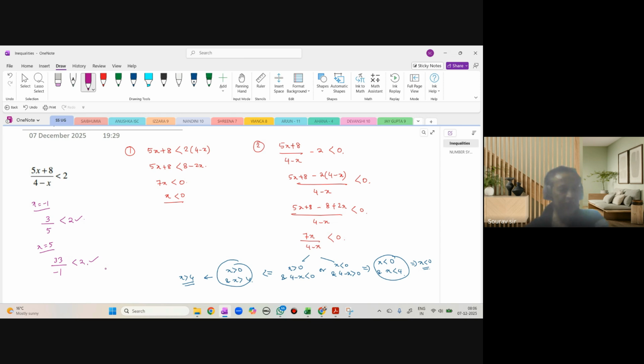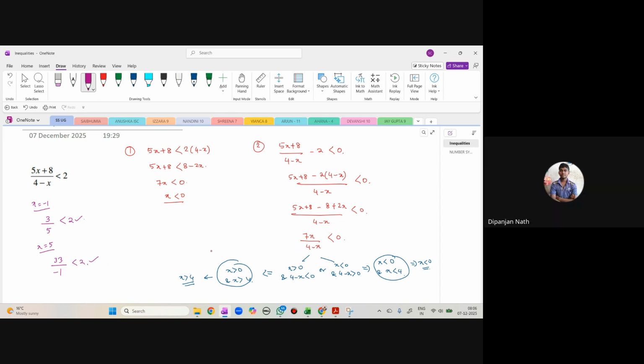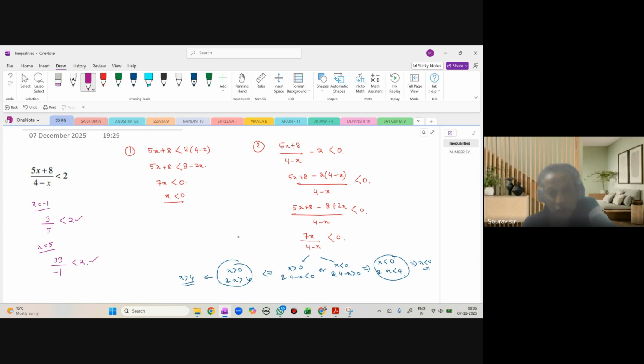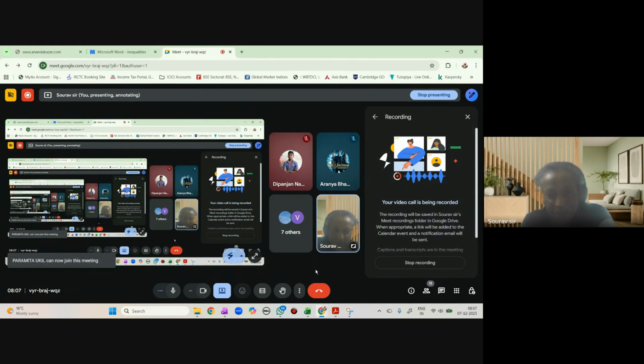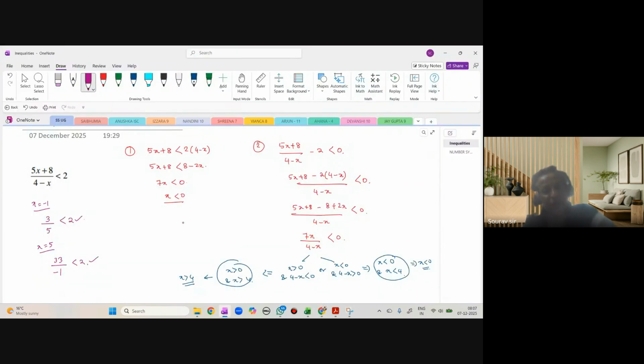See, if you don't tell me, I won't be able to understand. Anyway, yes, sir, and I understand it. Okay. So which means that if I follow the first method, I will only get a part of the solution. I'm only getting one part of the solution, which is also there in the second case. But I'm not getting this solution,